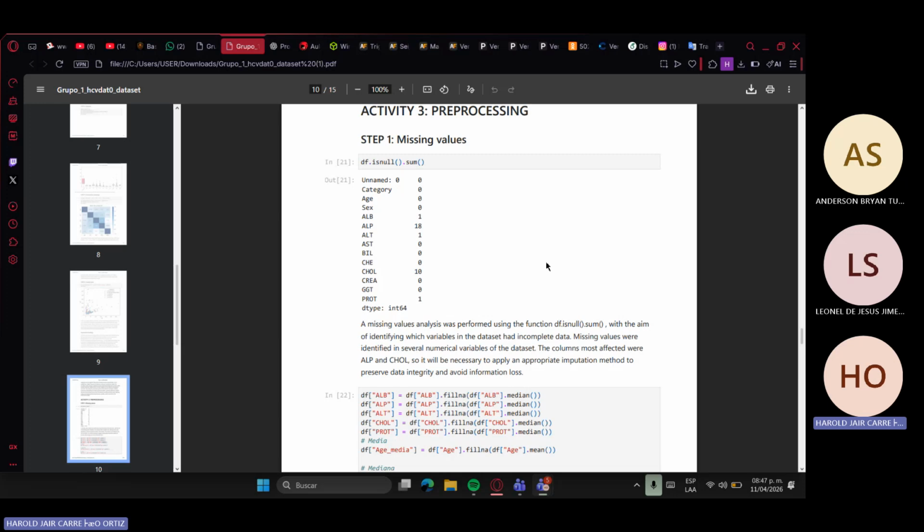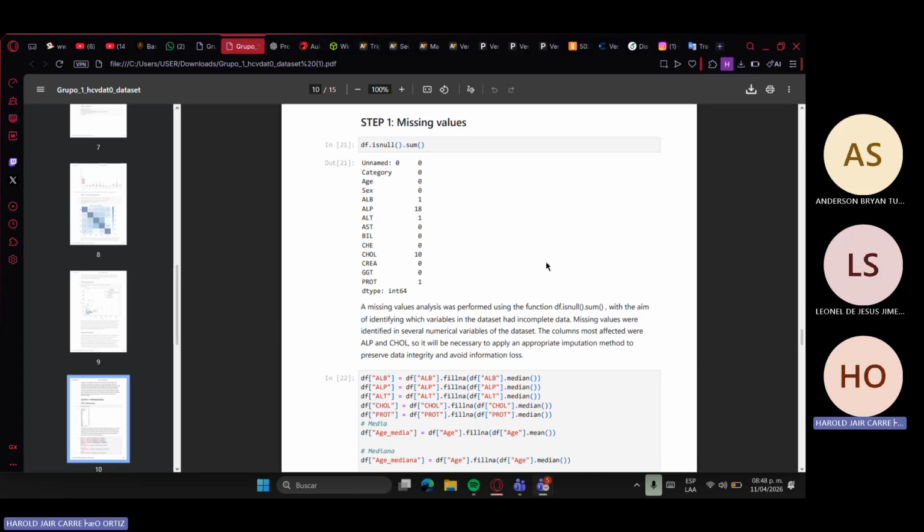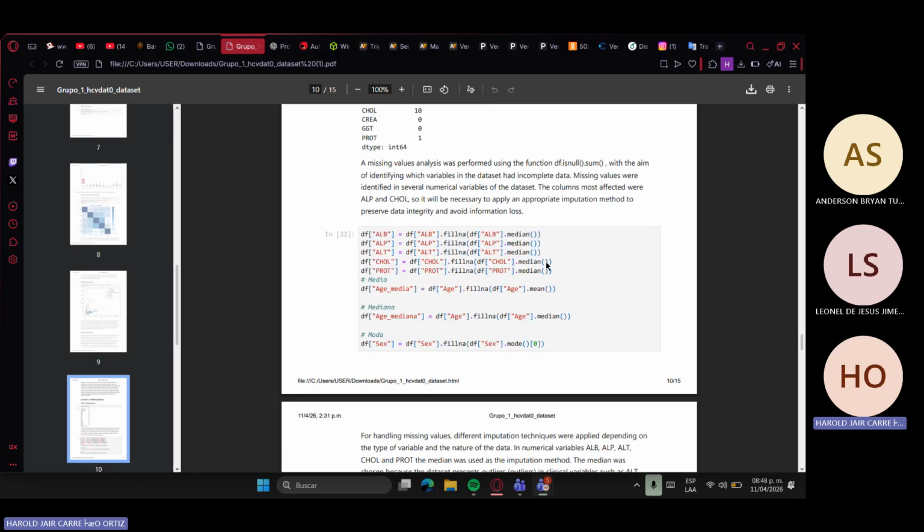The columns most affected were ALP and COL, so it will be necessary to apply an imputation method to preserve the database, integrate it, and avoid information loss. Here is the code we will use